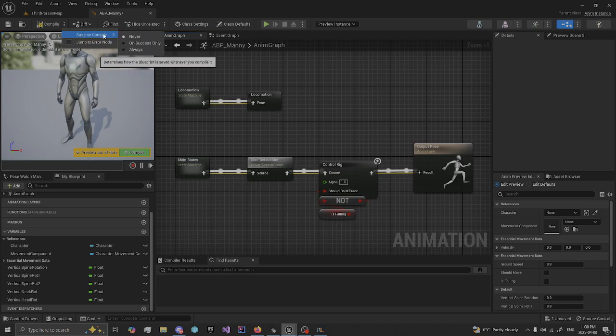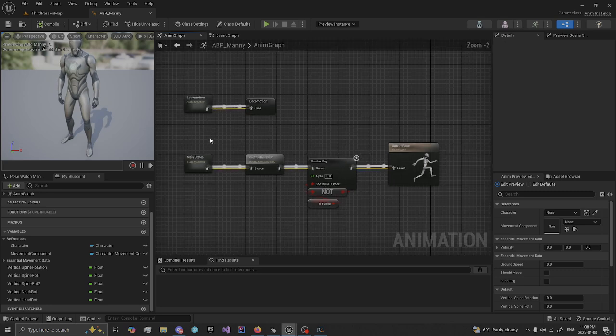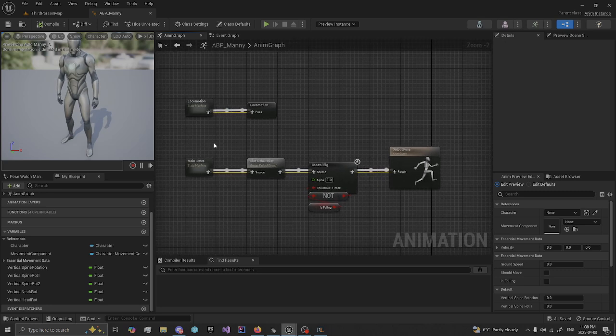And I'm just going to go to here and set save on success only, so now when I compile it'll also save if there's no errors. And I'll do that all throughout my blueprints. I'll need to do that once in here. So once I set up the spine rotation,